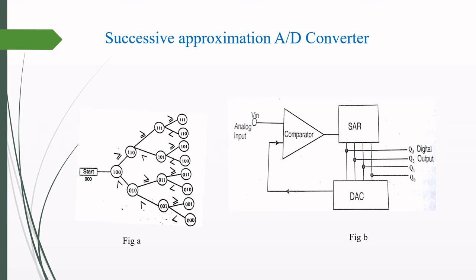This comparison process continued until the binary equivalent of the analog voltage is obtained. When the binary is obtained, it is coupled to a digital display in order to display the output of A to D converter. So when binary output is equivalent to unknown analog input voltage, then you can see it on the display.